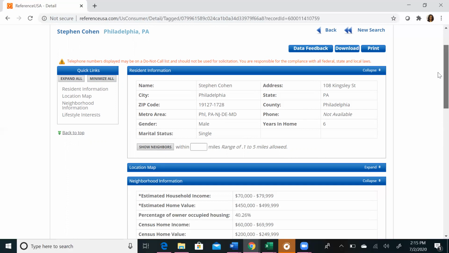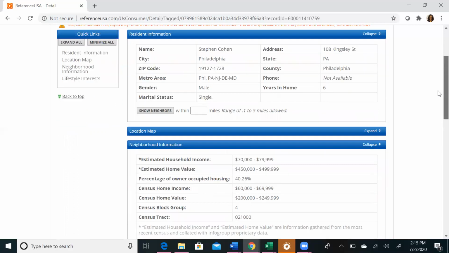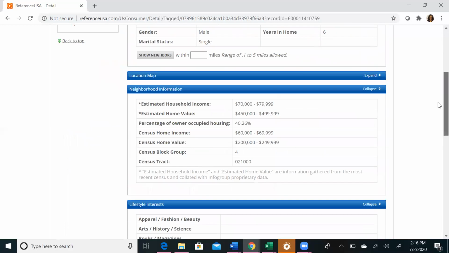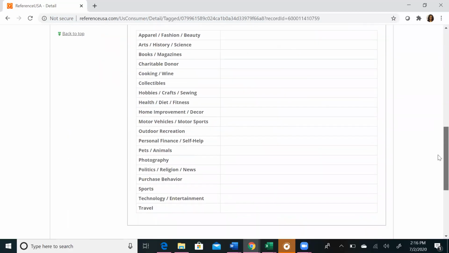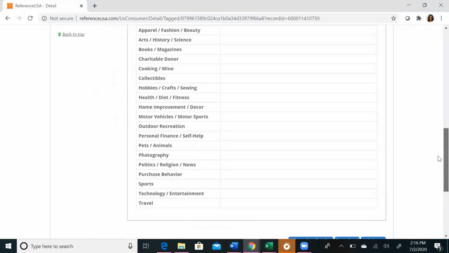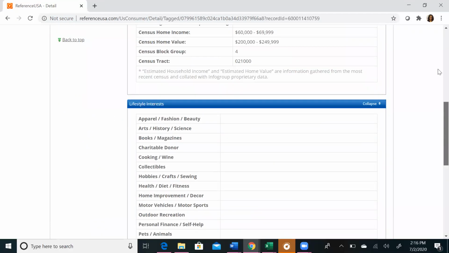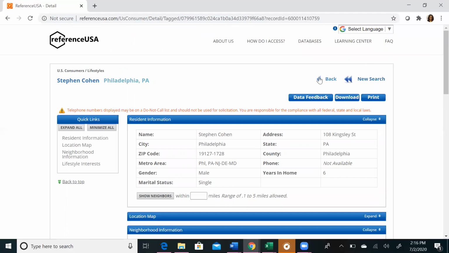It will show you their marital status, whether they're male or female. It will give you some estimated information about the neighborhood, as well as some of their interests, which we will get to. This person does not have any interest listed, but we will get to look deeper into what that means. If we go back,